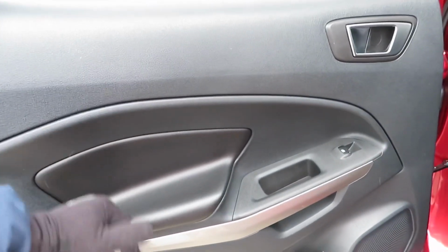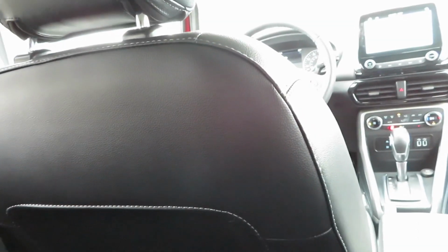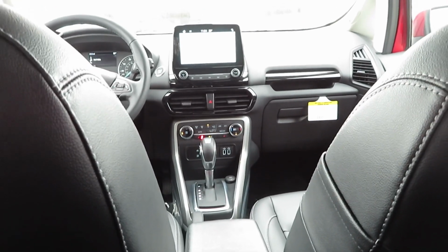So same materials on this back door that's on the front door as well. Storage pocket in the back of the seat. Seats are okay, nice, soft. So I'm in here. Leg room it's all right. Seat is a little bit further back, but it's all right. It's doable. But my number one thing, my biggest gripe with it right now is that I can see,